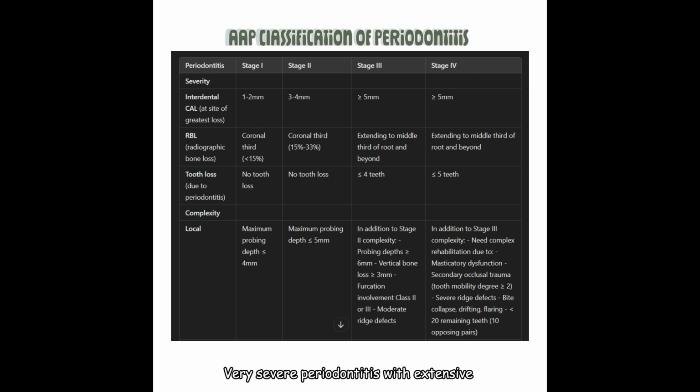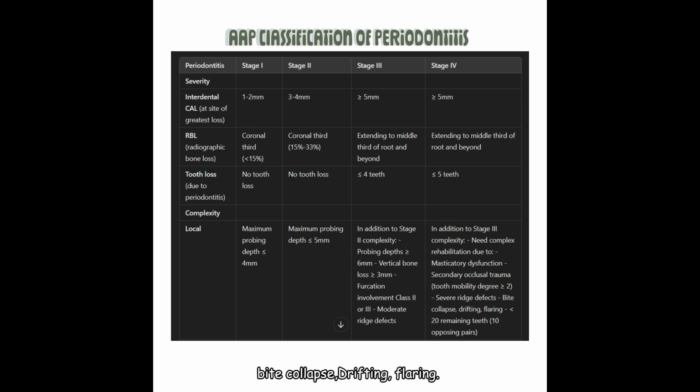Stage 4: very severe periodontitis with extensive bone loss, potential for significant tooth loss, 5 or more teeth, and compromised chewing function. May involve fewer than 20 remaining teeth. Furcation involvement class 2 or 3, tooth mobility degree 2 or 3, masticatory dysfunction, secondary occlusal trauma, severe ridge defects,